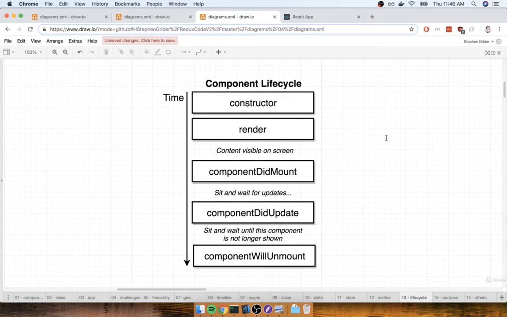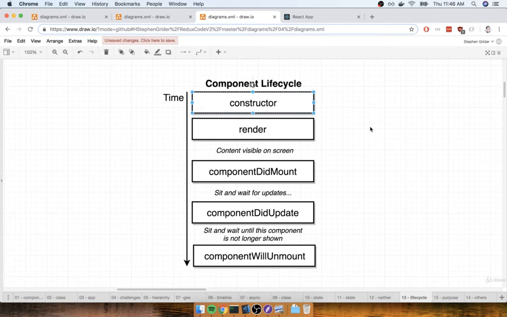And then at some point in time, we might do something like, say, call setState, which will cause the component to re-render. And then in theory, at some point in time, a component might be removed from the DOM altogether and stop showing its content on the screen. That entire series of events is what we refer to as the component's lifecycle. So these lifecycle methods are functions that are called during very distinct or discrete times during that cycle.